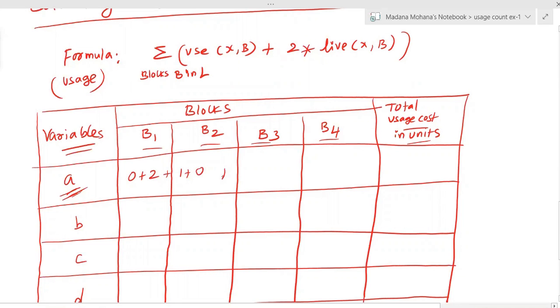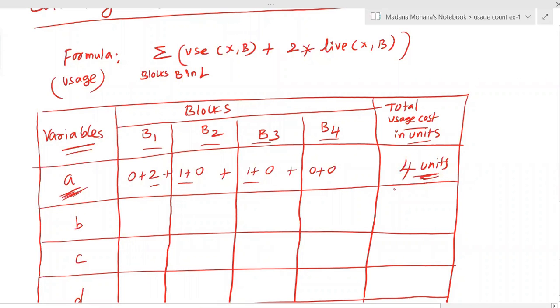Then live is 0 plus B3 block, use is 1. Live is 0 plus B4 block, both use and live are 0. Now the total usage cost 2 plus 1, 3 plus 1 equal to 4. That means 4 units. Here you can see the total usage cost 4 units. So that means if you can use register for the variable A, its usage is 4 units.